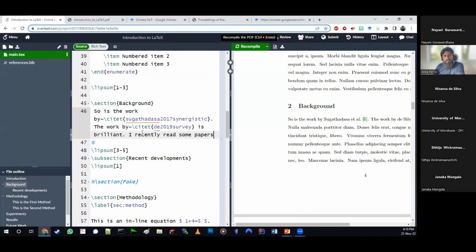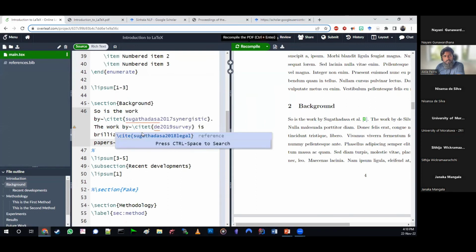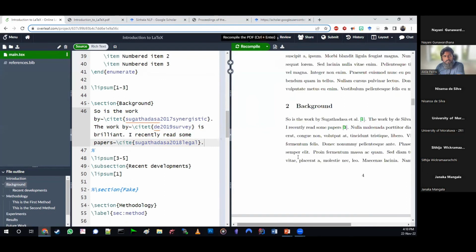And so this time, let's cite it without the name. How to cite it without the name? We say cite, no T, just cite, and have it like this.